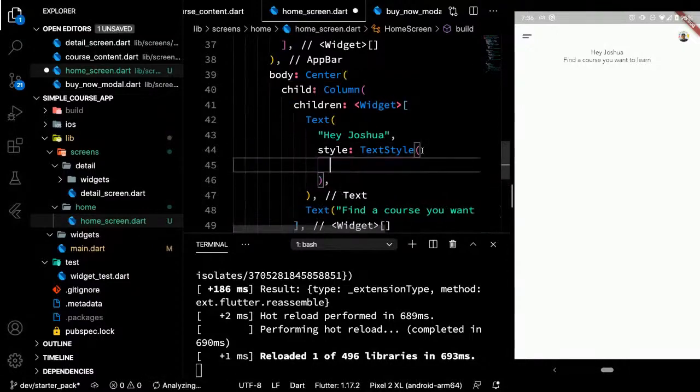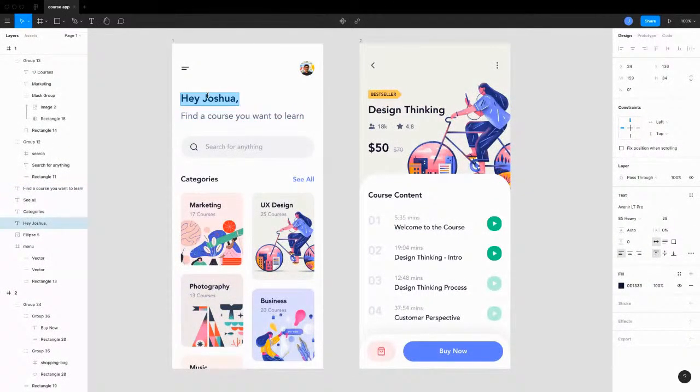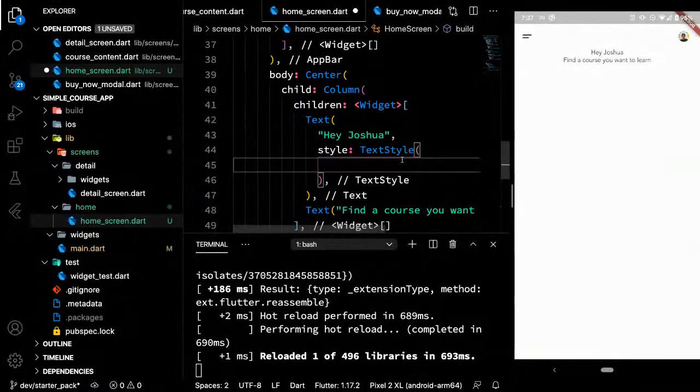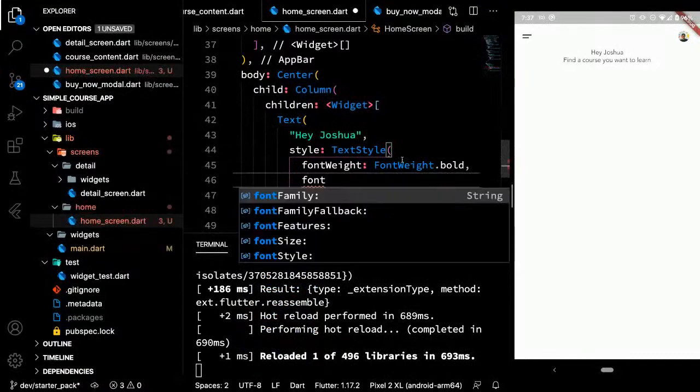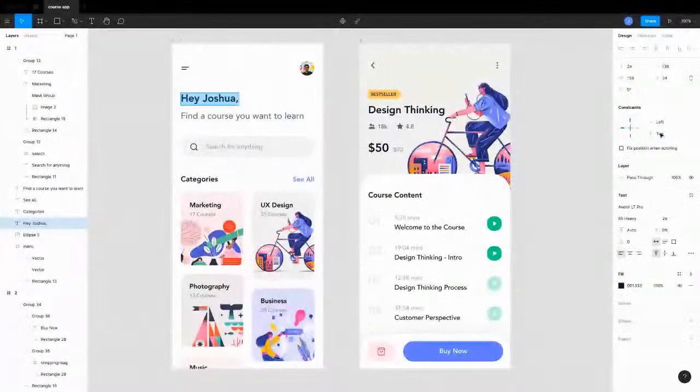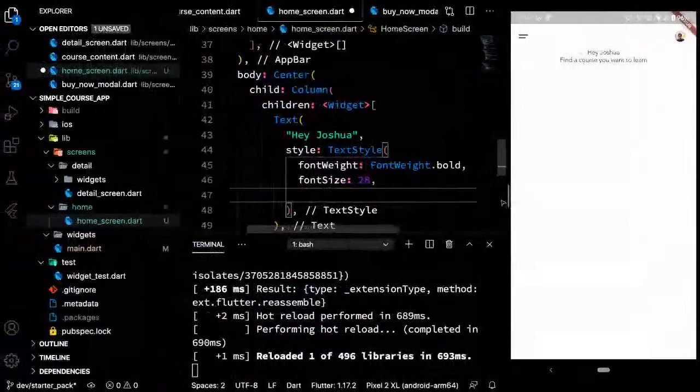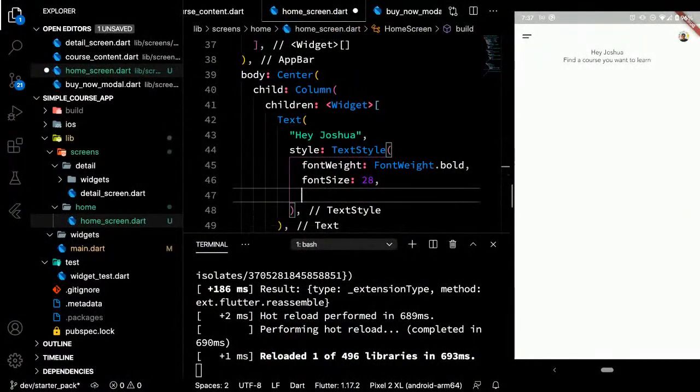So style, I'll inspect the Figma. This is how you normally do it in your work. 28. The color, I'll just use black. Black is the default and it's bold. So font weight, remember the font weight we added earlier? You can either use FontWeight.bold or FontWeight.w700. Next thing is we want to change the size to 28. I'm not estimating the sizes here, guys, I'm just following along with the specs given by a designer, sort of, from the Dribbble prototype.